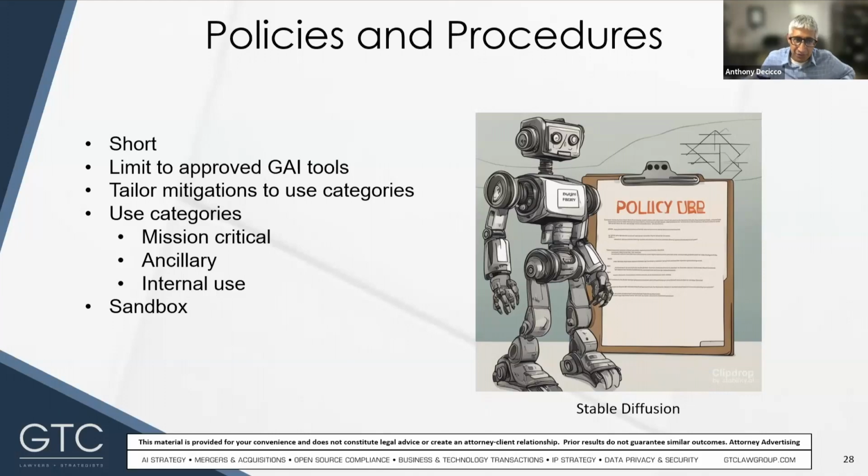And then we found the best approach is to come up with some common usage categories or use cases that apply to your company, and then try to line those up with all the mitigations we discussed, and then use those categories and calibrate the whole thing based on the risk level. So, what do I mean by that more concretely? Some of the common use cases we see are mission critical code.